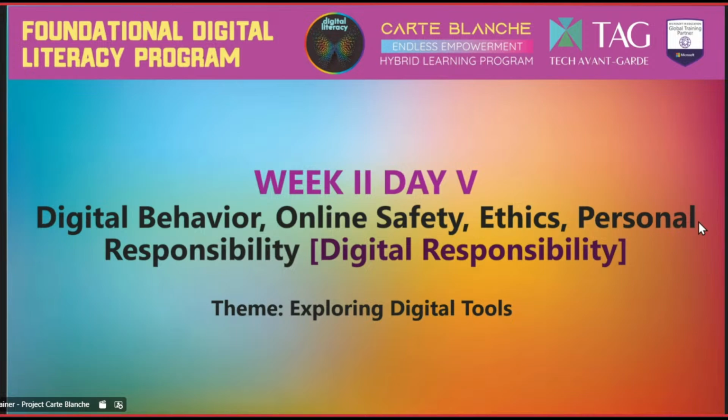Before we begin today's session, I want to take a moment to acknowledge a heartbreaking tragedy that has deeply affected us all. The devastating plane crash involving the Air India flight from Ahmedabad to London, 243 precious lives were lost. Let us pause for a moment of silence in their memory.